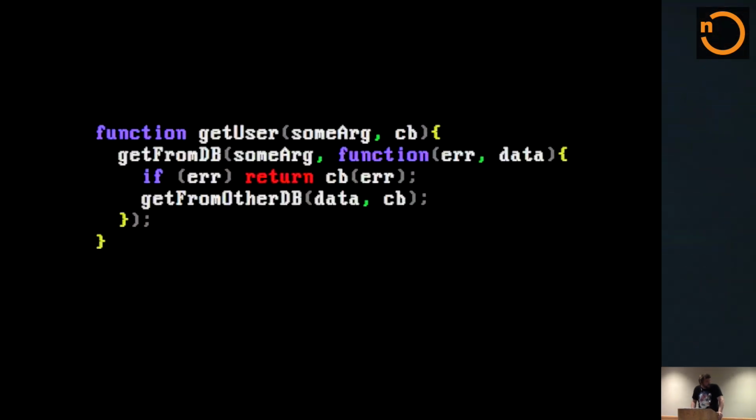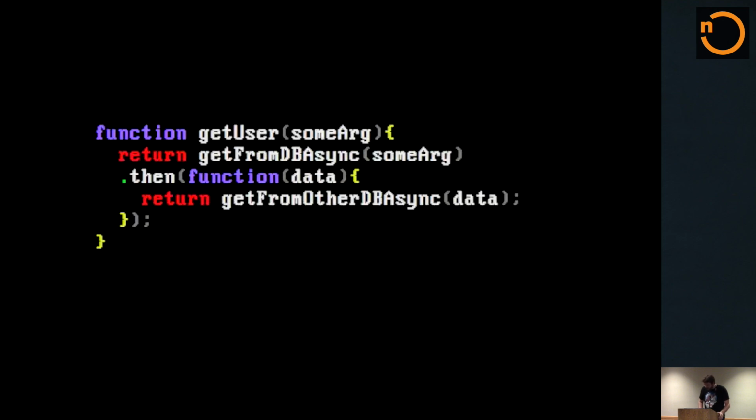So here's an example. I've got some function getUser. It's getting something from a DB, then getting something else from another DB, so it's got to do a couple of things that are asynchronous. Let's just say this is an existing function in your internal API, right? Now I've gone and promisified it, so getFromDB and getFromOtherDBAsync are functions that I'm assuming we've run promisifyAll on the library that provides them. So now I've got these functions that return promises here. And that's great. I'm returning promises. Everything's nice and cool.